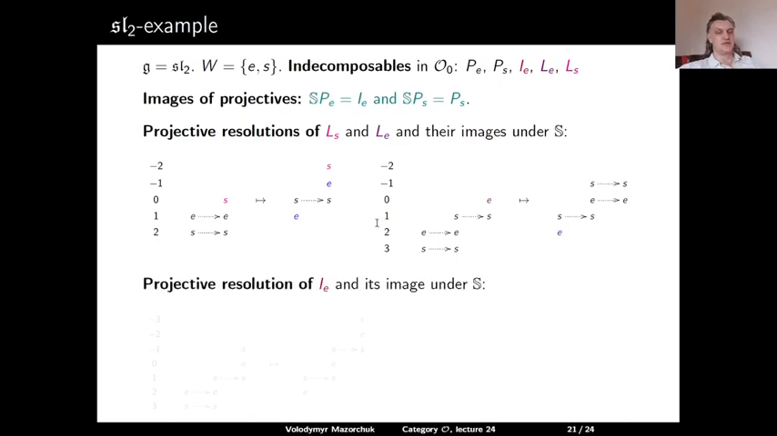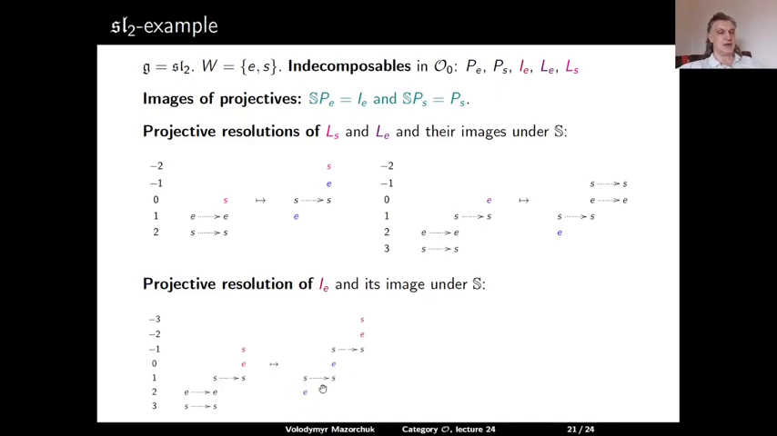And here is the projective resolution of IE and its image under the Serre functor. IE is covered by PS, the kernel is covered by PS, and the kernel of this is covered by PE. When we apply the Serre functor, both PS remain PS, shifted in degree, and PE becomes IE. So our homology IE in position 0 is preserved, and then we get the homology LE and LE in homological